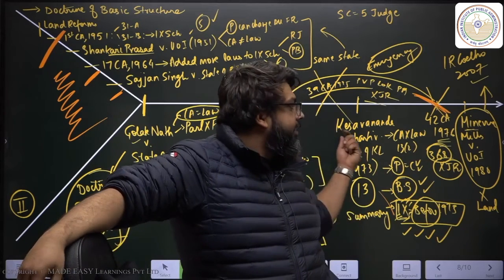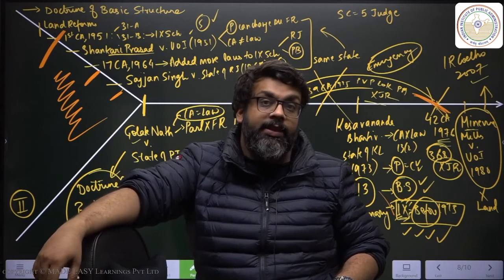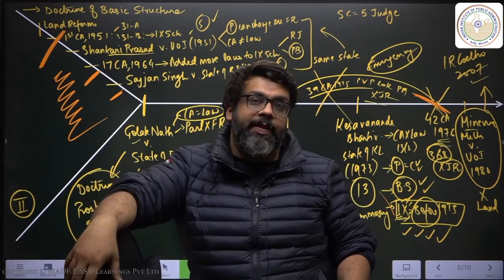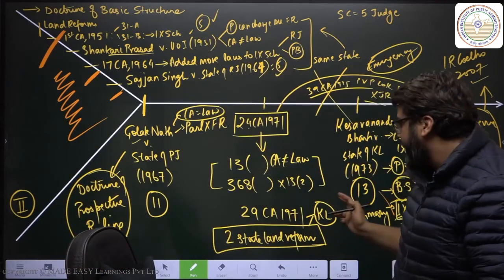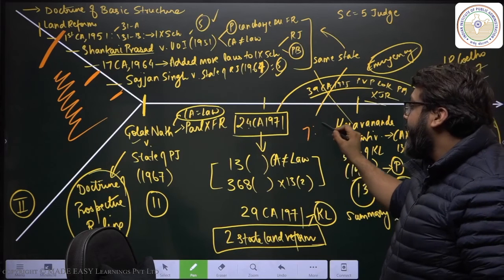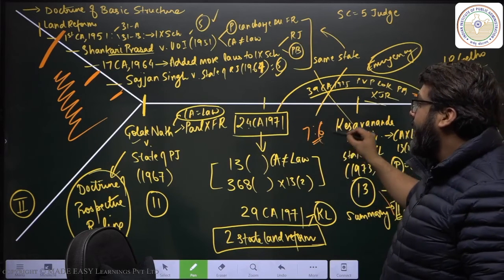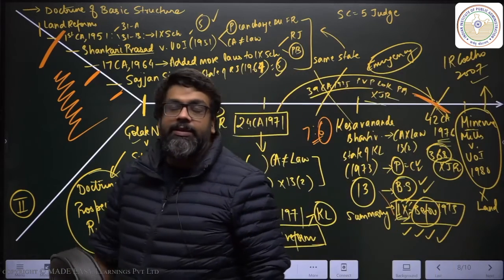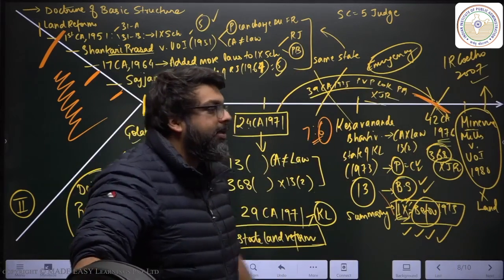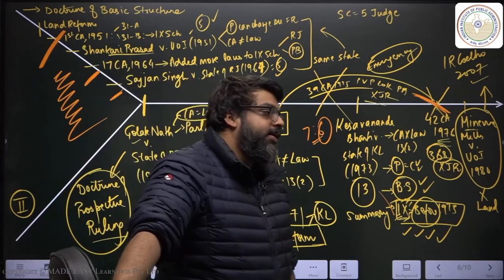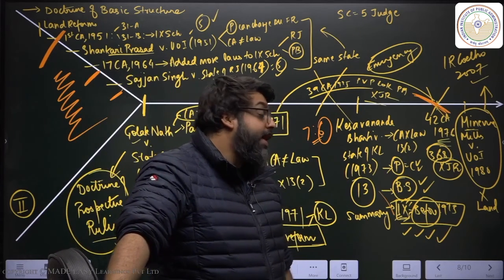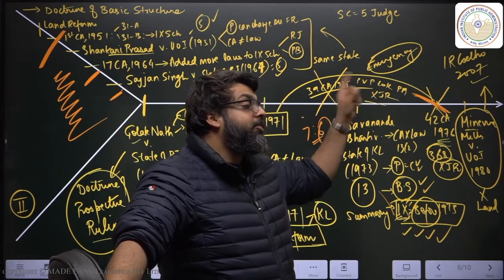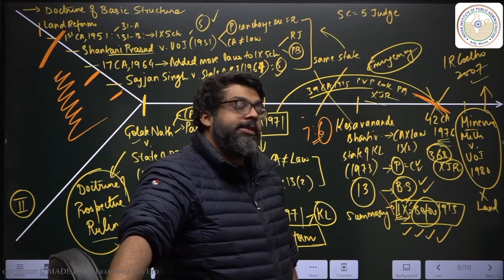As an outcome of this judgment and several judgments, the judges who gave a judgment in favor of basic structure, and by the way, out of these 13 judges, only 7 favored basic structure and 6 did not. It was a very, very narrow margin. One judge here and you would not have had the basic structure doctrine. And of the judges who gave this, 2 of the most senior, one of them was supposed to become the next Supreme Court Chief Justice.